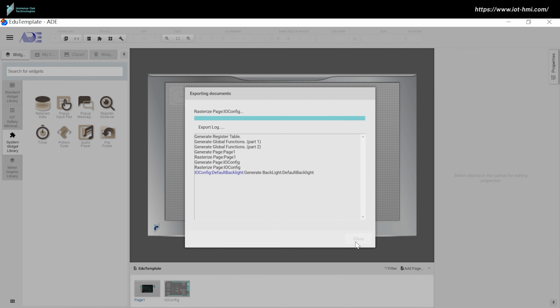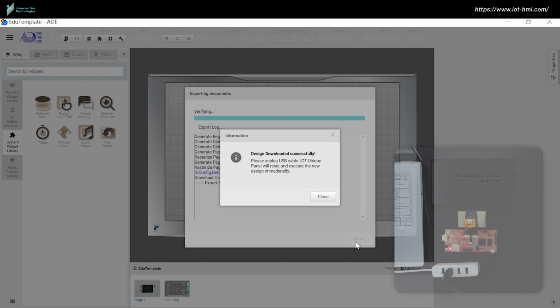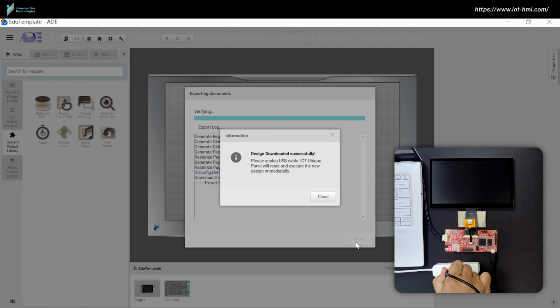Once the download process completes successfully, a pop-up window will notify you. Afterward, please disconnect the USB cable from our product to restart it. The control board is now running the